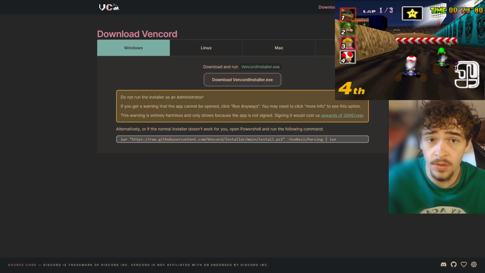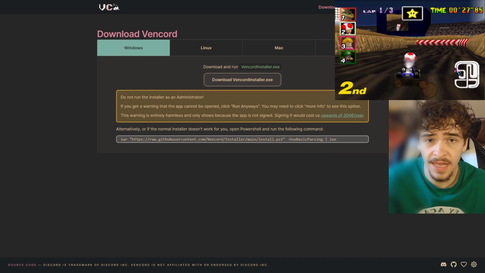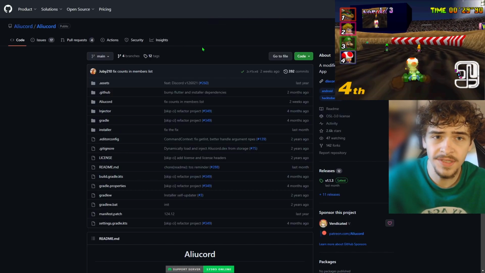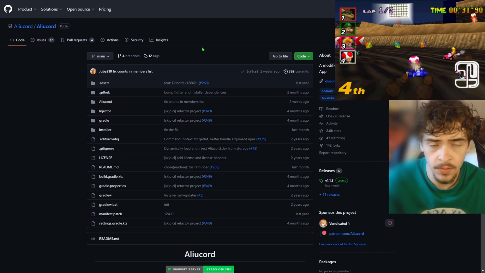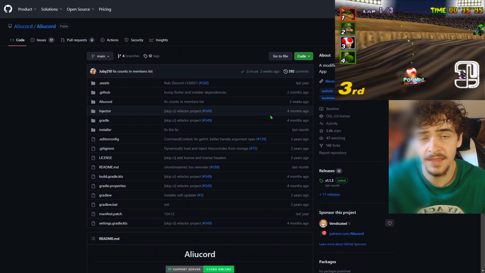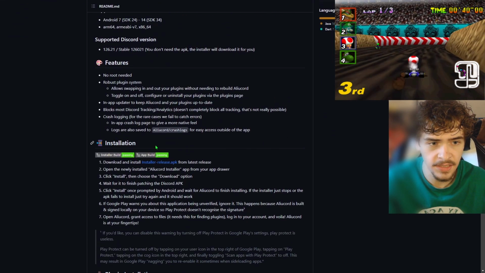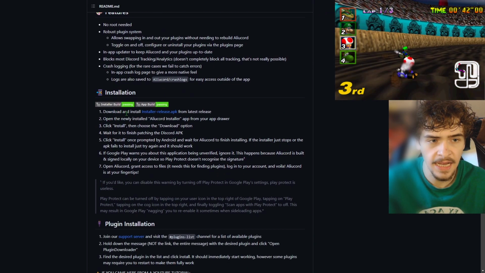So when we're on the Aliucord website, there's actually nowhere to get it for mobile, so we're going to be using a different client today. Instead of Aliucord, we're going to be using Aliucord, and Aliucord is only available for Android as I understand. I'm going to leave this GitHub link in the description, guys. You just want to come here, scroll down until it says installation, and as you guys can see, it says download and install